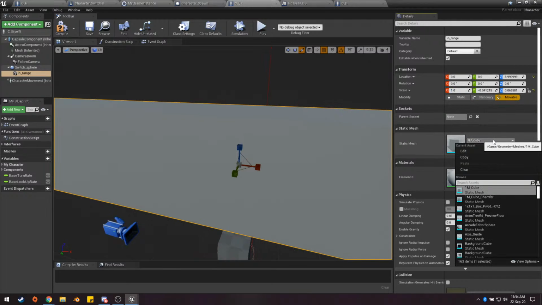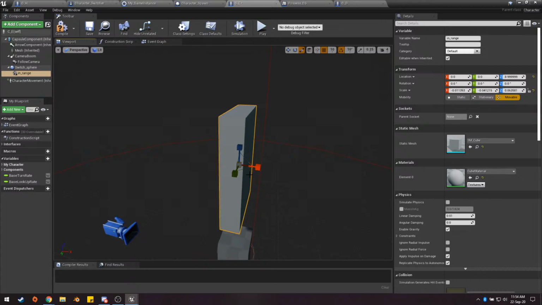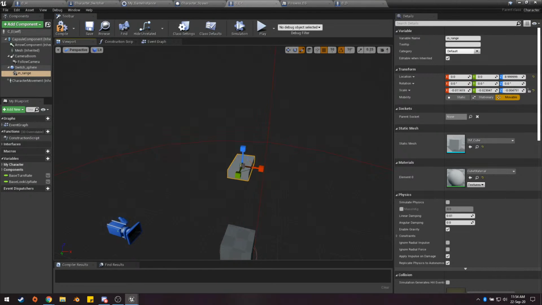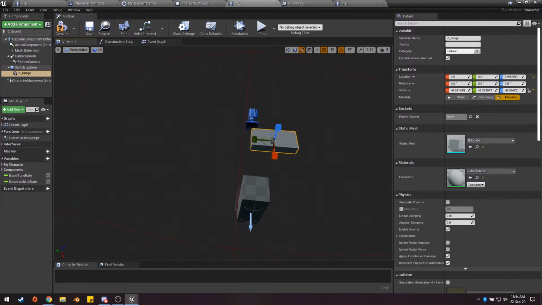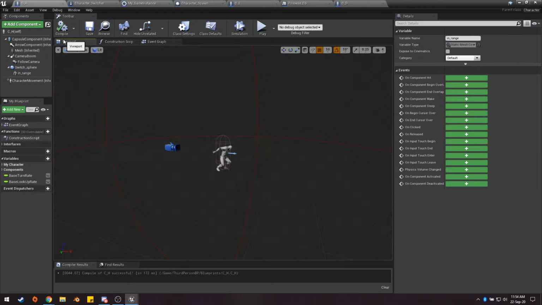Wait, what? Why is it so big? Okay, wait. I think just because I like